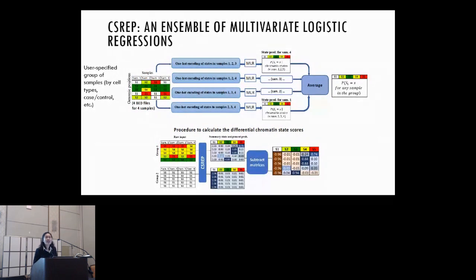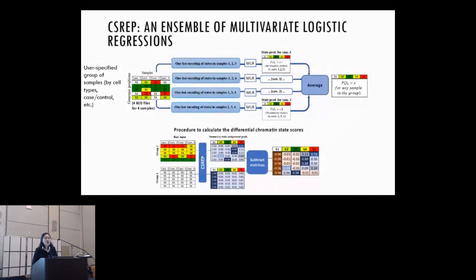I actually had a question about this slide, so it's great you flipped to it. The question is specifically about the input with the one-hot encoding. Am I correct in thinking that you're not in any way incorporating the fact that some chromatin states are more similar to each other than others? And if so, have you thought about maybe revising the way you do the input to incorporate that and seeing